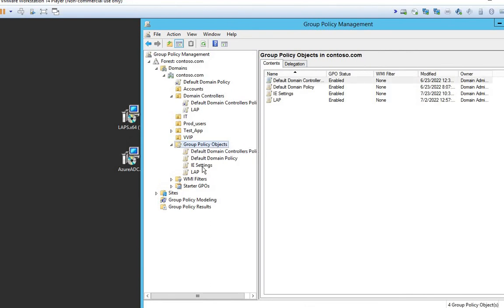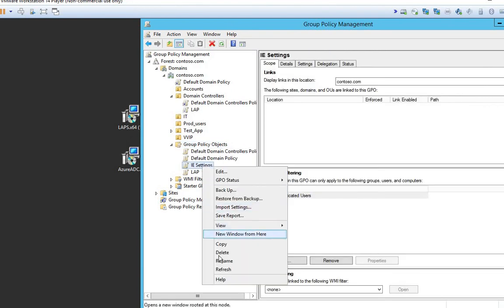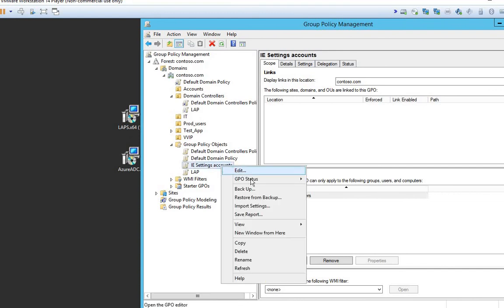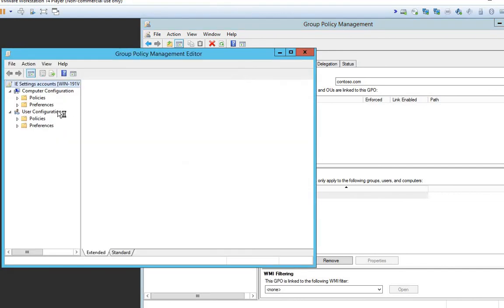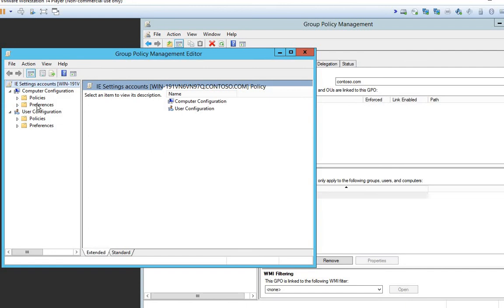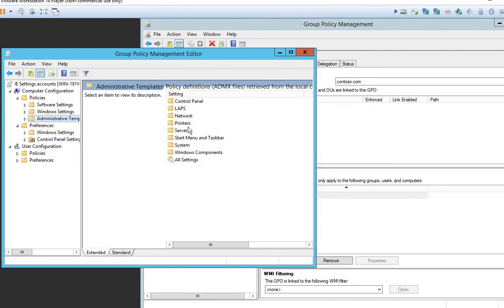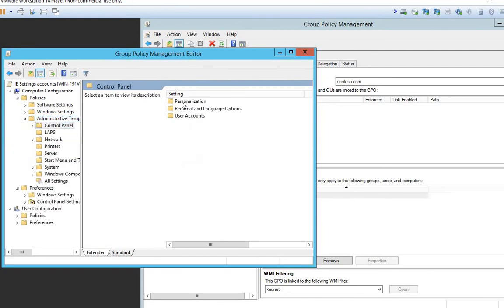So we have IE settings, or we can rename it like this, accounts. Okay, so we have IE settings for accounts. Let's go to this edit option, and suppose I go here under the policies, administrative templates, control panel,